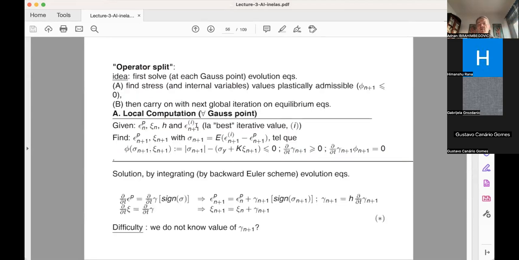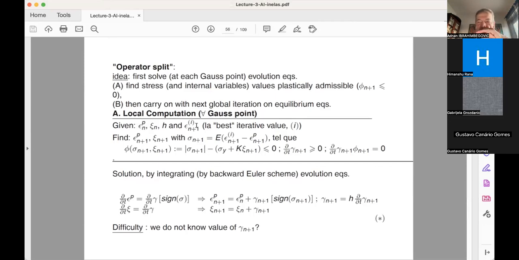And implicit scheme, given that you have two very different groups of equation. On one side, you have a local equation for each and every Gauss point of the element which is plastifying. On the other side, you have like a global set of equilibrium equation that is providing the total displacement values, and that allow you to compute the total strain value. So these computations are separated. We call this operator split, because operator which allows us to compute the values of the unknowns that we are trying to find, that is plastic strain, hardening variable, and total strain, is actually partitioned into the global part and